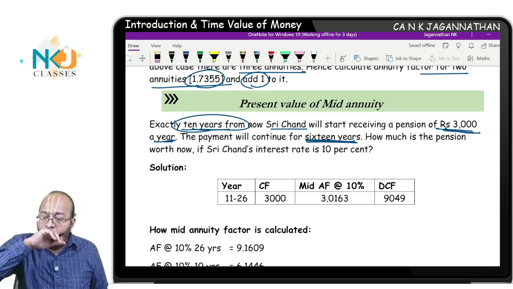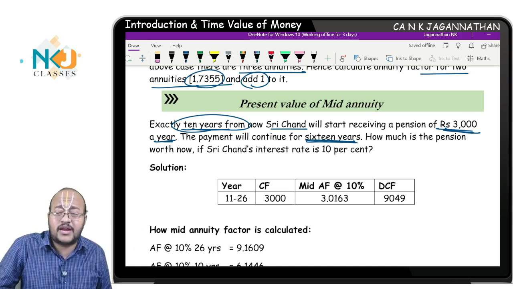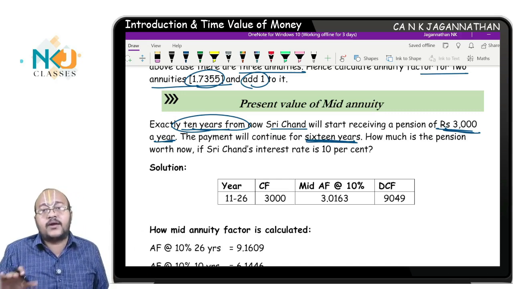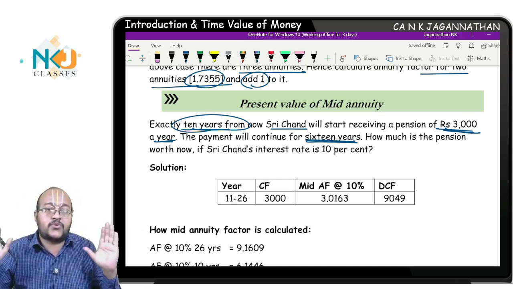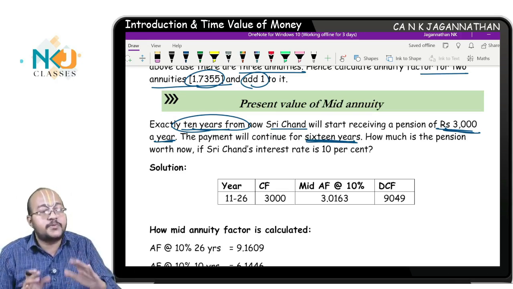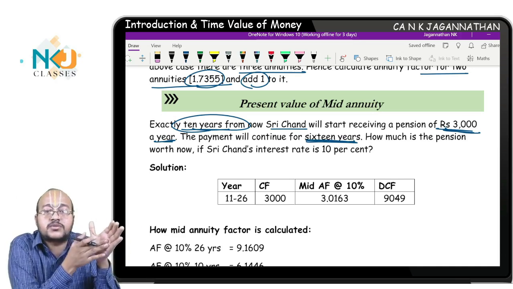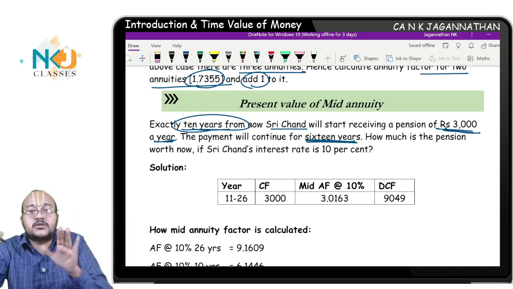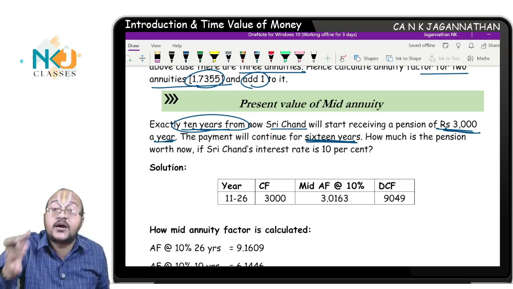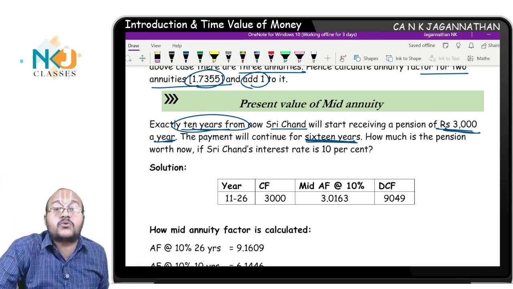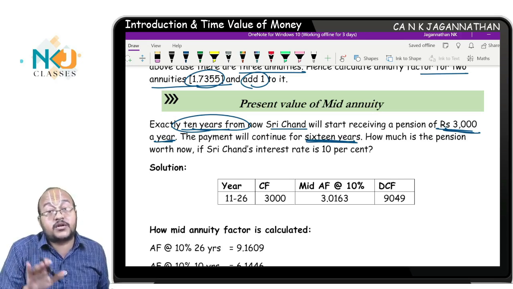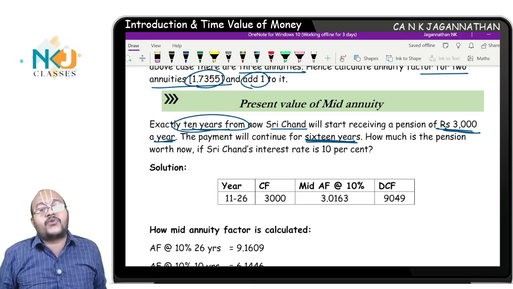Now, is your annuity going to start today? No, only after 10 years, and it will stay for 16 long years. Correct? So the total period is 26 years, out of which for the first 10 years you are not going to receive anything. After 10 years, for a period of 16 years, you are going to uniformly receive 3,000. How to find the present value factor of this? Today you want to find the value, not at the end of year 10. Today, in year 0, you want to find the value of this cash flow.